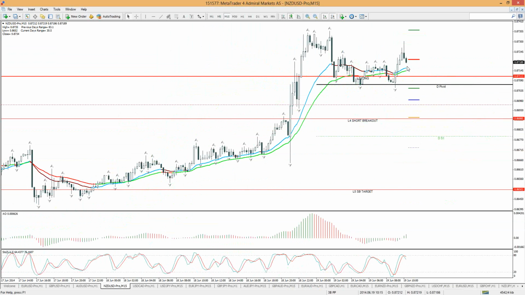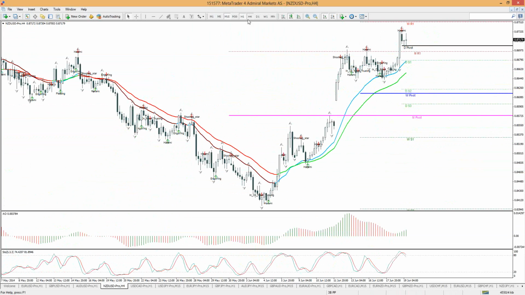So waiting for, this could be a hook back, but considering the fact that the New Zealand, relatively to the others, is not as bullish, I would be cautious of assuming price will continue again off of that daily pivot. That could happen, but it's not something that I would say is worth a pending order. Let's take a look at